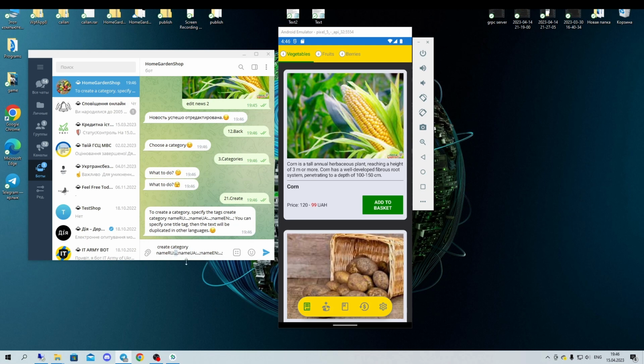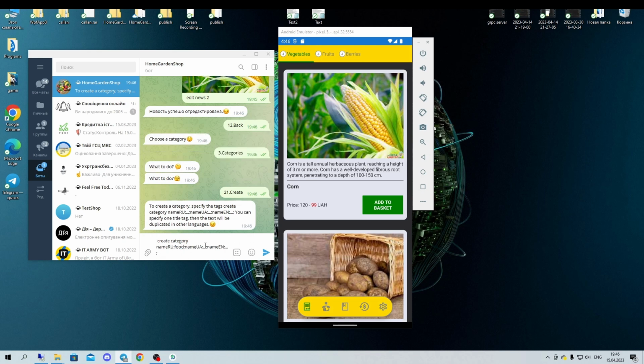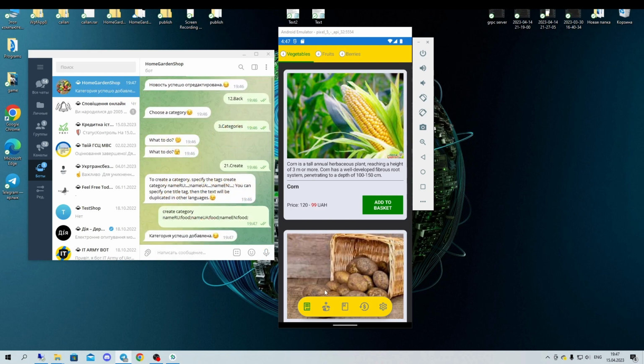Category name, for example, food. In Ukrainian food, and in English food. Yeah. So yeah. And if I reload this page,